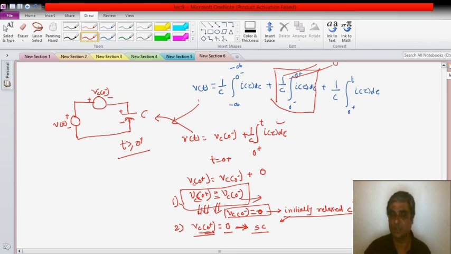Our assumption is that we consider the impulse or derivative of impulse to be 0. Now with this knowledge, in the next class we will see networks which consist of inductors and capacitors, and we will write the equations using mesh and nodal analysis. Once we know that, next we will see the charging and discharging, and the energy stored in these energy storage elements, how it happens, etc. Thank you very much.